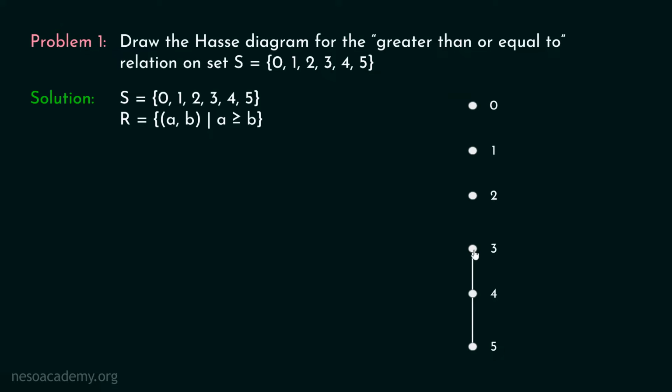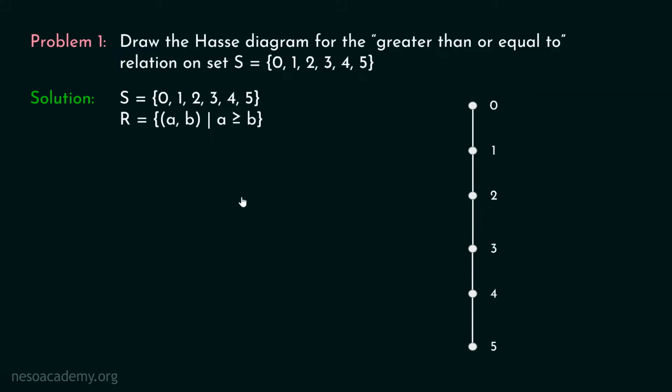And we must draw an edge from this vertex to this vertex because 3 is related to 2. And obviously we know that 3 is greater than or equal to 2. That's why I've drawn an edge from 3 to 2. And in this chain, the topmost element is 2, and we know that 2 is related to 1. Therefore, we can draw an edge from 2 to 1. And finally, we can draw an edge from 1 to 0. This is how the Hasse diagram looks. And there are no transitive edges in this diagram. You can clearly see.